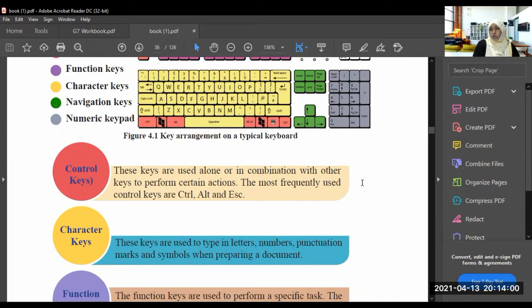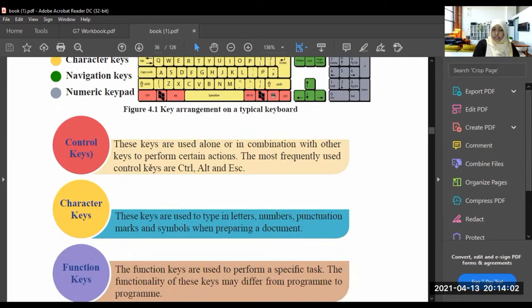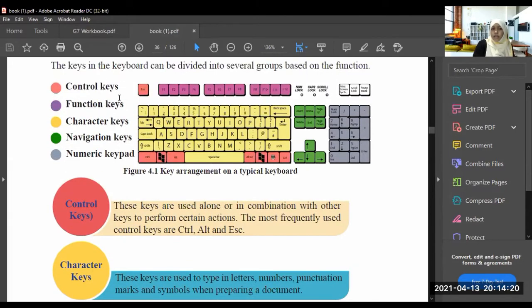What are the control keys? These keys are used alone or in combination with other keys to perform certain actions. The most frequently used control keys are Control, Alt, and Escape. Everybody uses this Escape key.